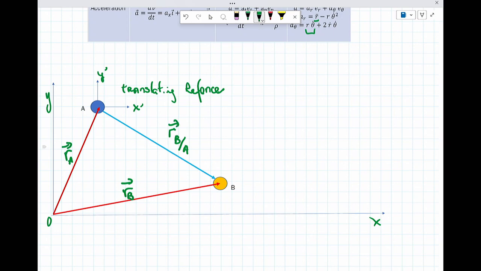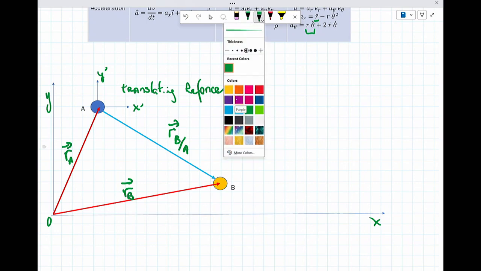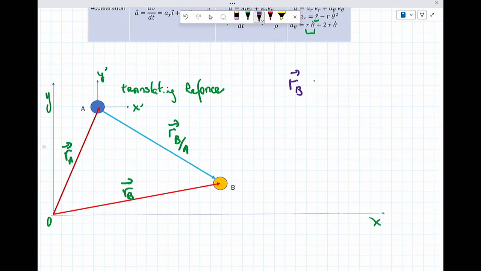All that means is, if I want to describe r sub B, I could just say r sub A plus r of B with respect to A. So I can write out the vector sum: r sub B equals r sub A plus r of B with respect to A. The notation I'm using is such that every time I write it like that, these terms cancel, essentially, and when they cancel, I get the term of interest, r sub B. Nothing exciting about that. If I take the derivative of that,